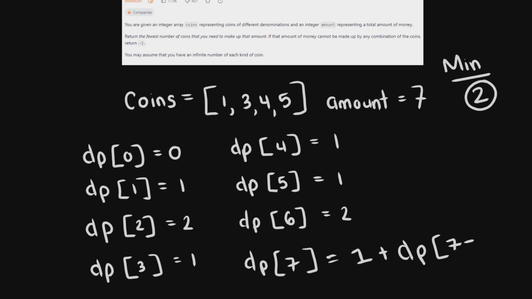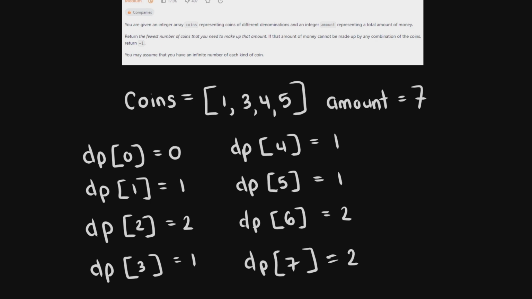And then if we check and use a $5 coin, well then we see that we have dp of 2, which is going to take 2 coins. So 1 plus 2 is going to be 3. 3 is not less than the minimum, so this is exactly the amount of coins that we're going to return in the final amount. So we can just return dp of 7 in the end, and this will be our